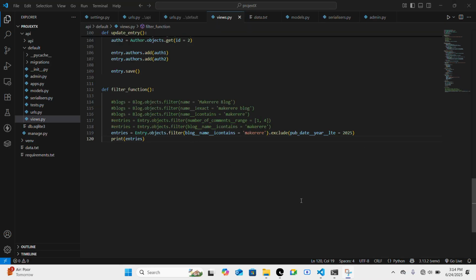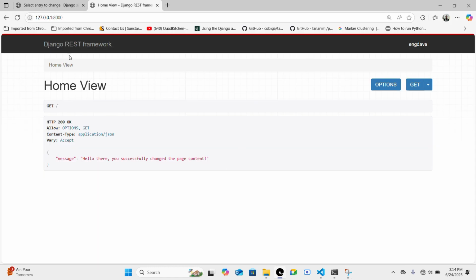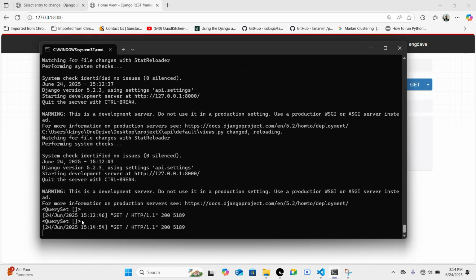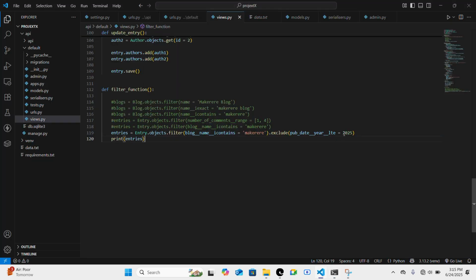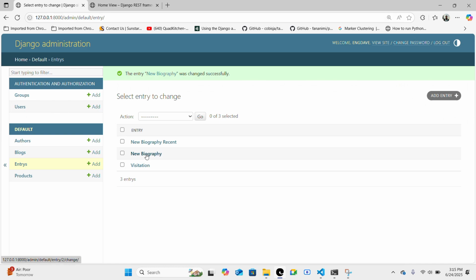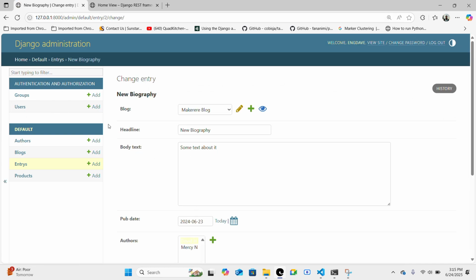Let us see what this really outputs for us in the terminal. So I'm going to reload this, and we shall come and check. So right there we have an empty query set, because of excluding by the year here. We are excluding all those entries where the year is less than 2025. And when you look at the entries of the database model, this is 2024,